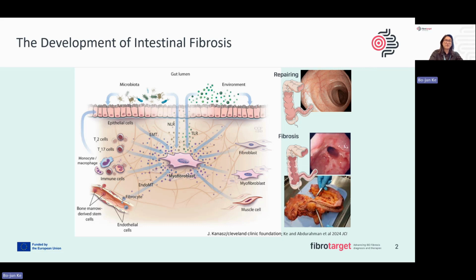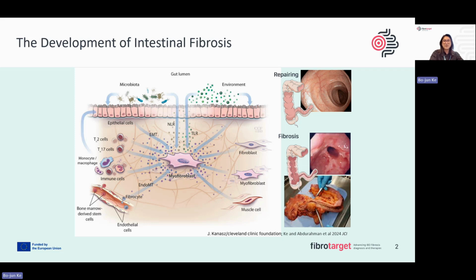As we know, during inflammation there's an epithelial barrier disruption. So gut microbiota can infiltrate into the tissue, and this will cause an immune response. T cells, dendritic cells, macrophages, and other immune cells will arrive at the damaged site, and this will cause inflammation and also trigger tissue repair. This means it will activate the fibroblasts, and these fibroblasts will, in the end, repair the tissue for